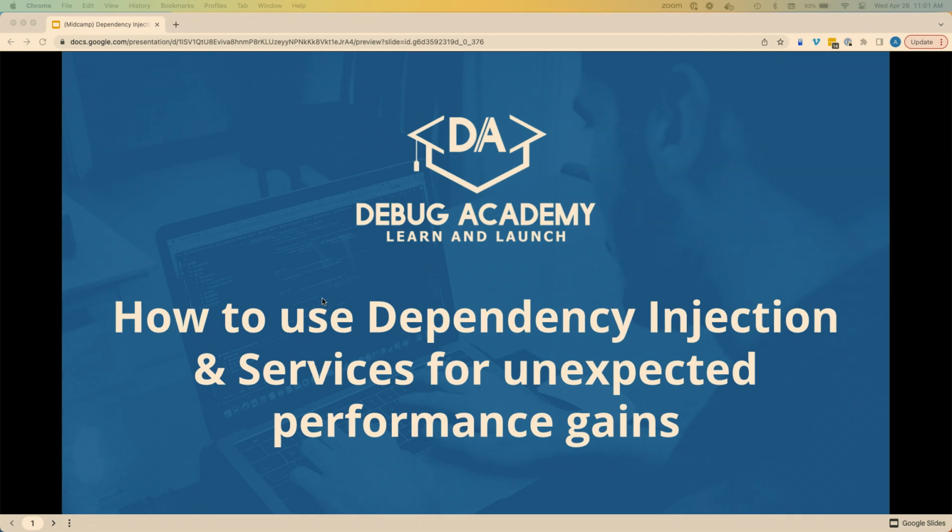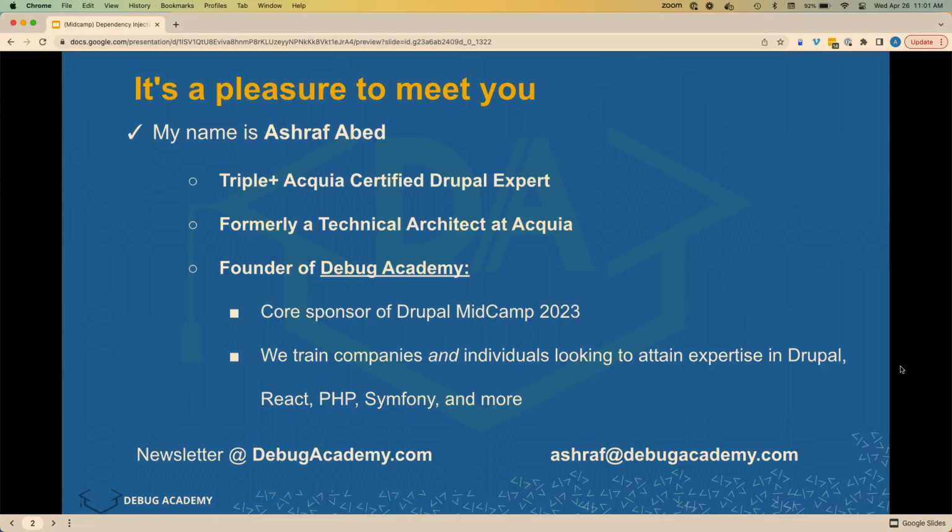We're going to be talking about a case study from a project I worked on where we had some significant performance issues, and I dug into the code the developers wrote, refactored it a little bit, and utilizing services and dependency injection really significantly, addressed all the performance issues that we were focused on at the time.